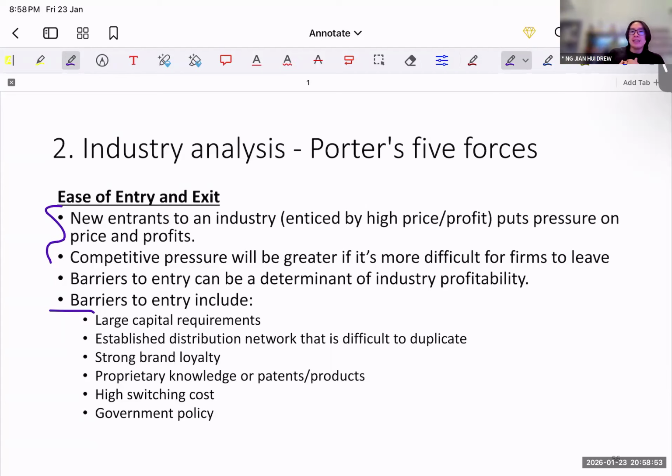Now, let's say I want to start a Genco company. For me, it will be so difficult, first of all, because I need a lot of capex to purchase or to build a power plant to consume the LNG, right? It's not simply just buying LNG. I still have to build a power plant, which means that there's a large capital outlay at the front, and it's going to be super hard for me to enter this market to be a generation company.